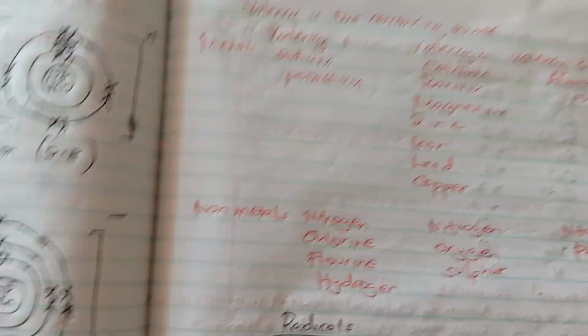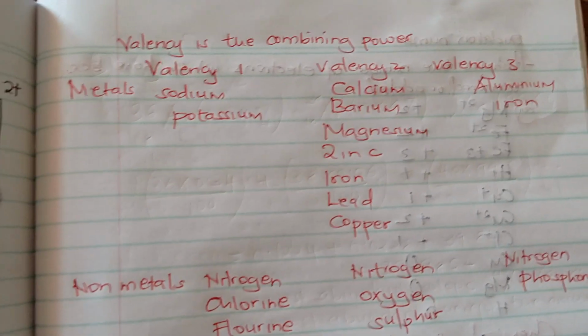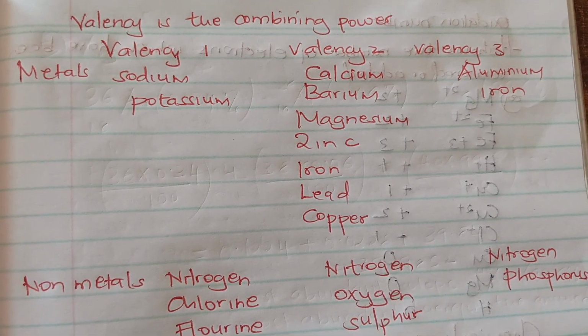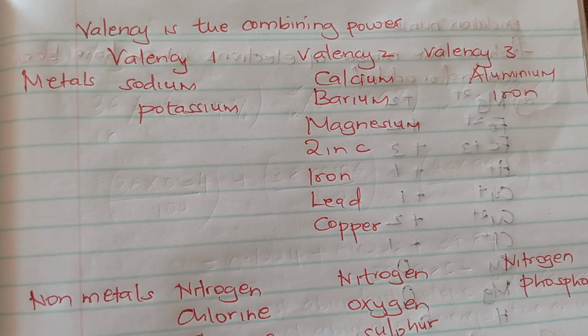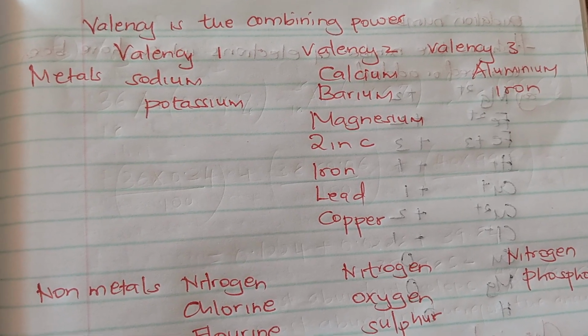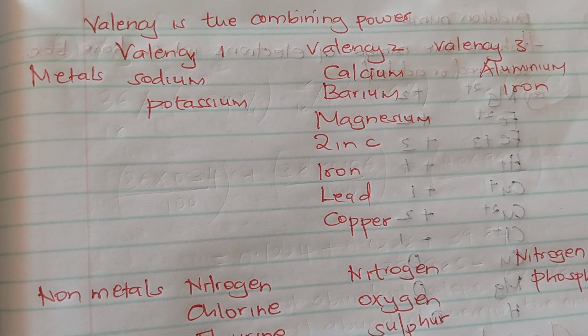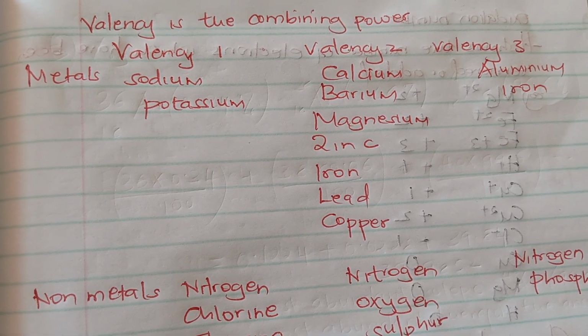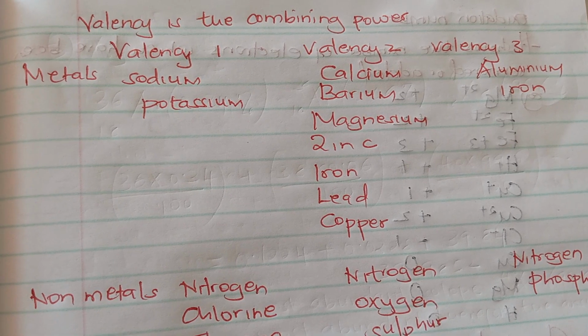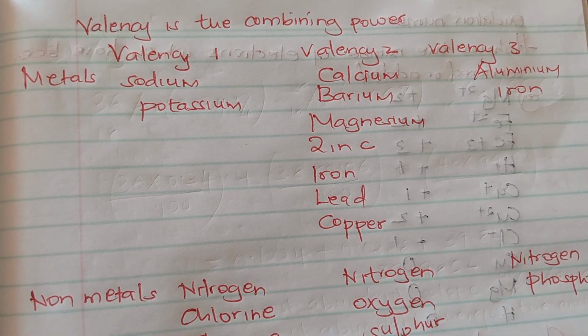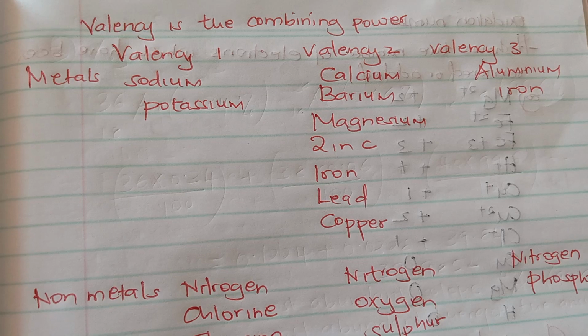So let's look at valency. Valency is defined as the combining power. You find there are some which are valency 1, valency 2, and valency 3 for metals. Sodium and potassium, it's valency 1, depending on its electron configuration. Sodium is 2.8.1, so that one forms its valency or its combining power. Potassium the same,